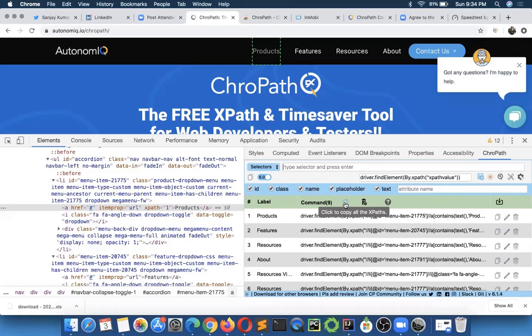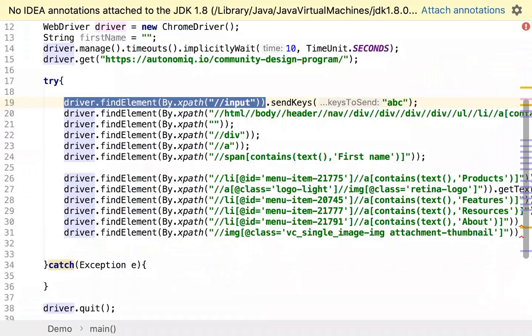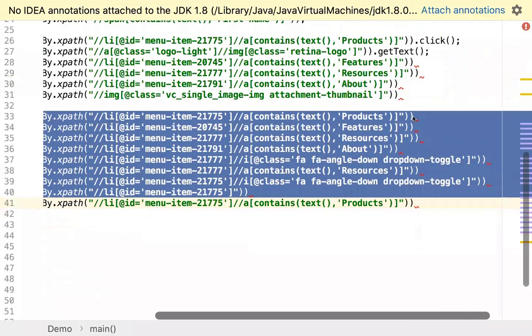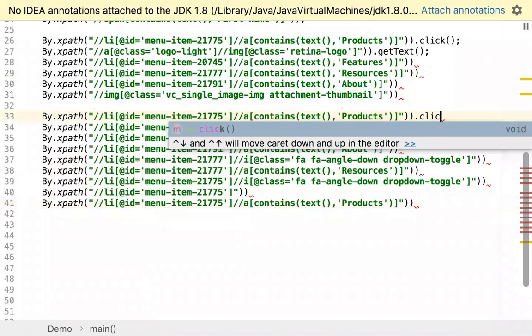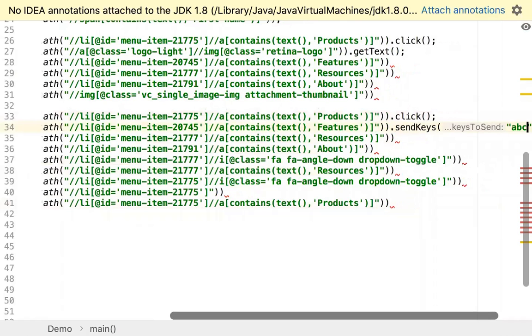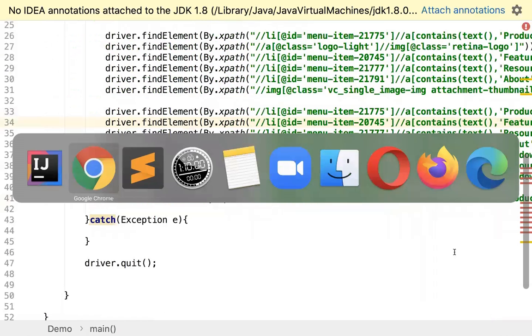All your commands are ready and your test case is ready. And next time when you come here, you see all these commands in a single go, without wasting any time. Now whatever you want, if you want dot click, you do dot click, or if you want send keys, you do send keys, and your test case is ready. That's how it makes writing the automation script a lot easier and very fast for you.